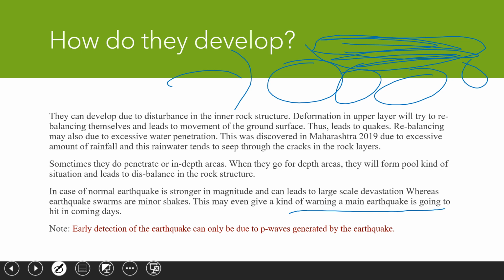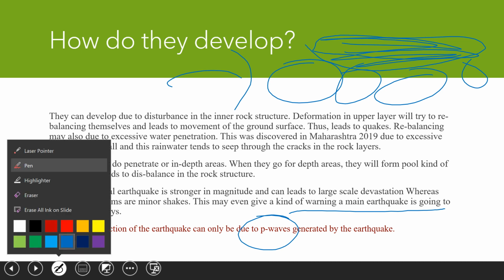Just note one point here that I have mentioned also, and I will explain it in much detail: the only way to detect the earthquake is if we collect the information of P waves earlier. Then only we can detect the earthquake and we can save lives. Now the question may come, what are P waves?